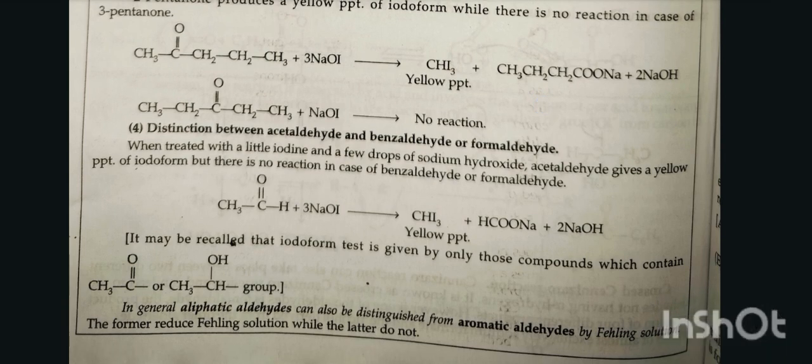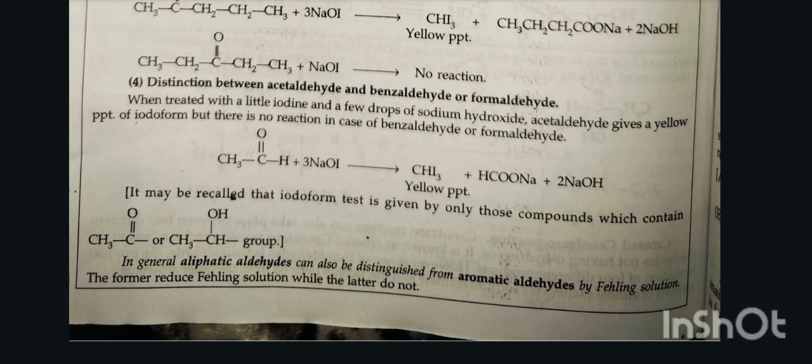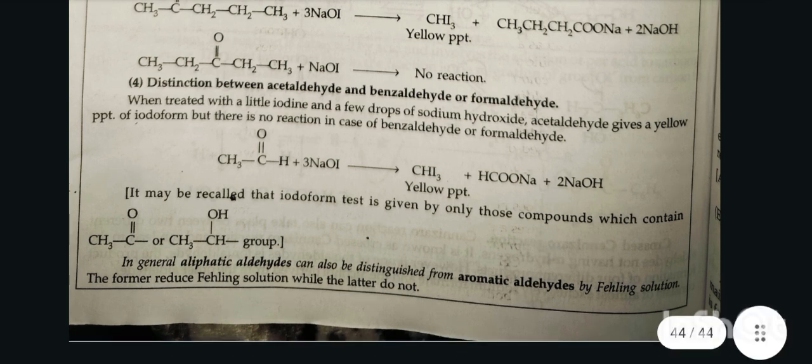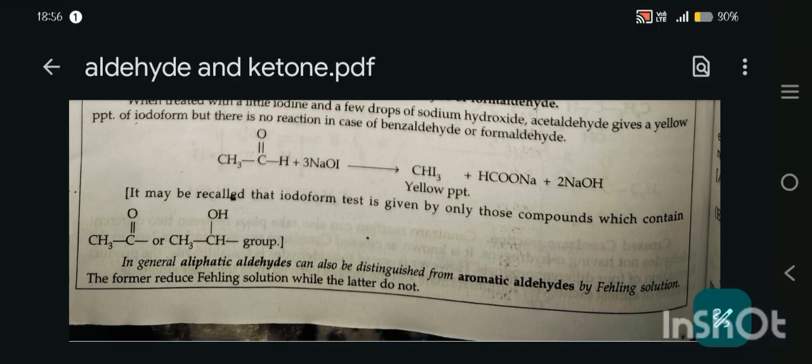To distinguish between acetaldehyde and benzaldehyde or formaldehyde: when treated with a little iodine and a few drops of sodium hydroxide, acetaldehyde gives a yellow precipitate of iodoform, but there is no reaction in case of benzaldehyde or formaldehyde. It may be recalled that iodoform is given by those compounds which contain this group. In general, aliphatic aldehydes can also be distinguished from aromatic aldehydes by Fehling solution. The former reduce Fehling solution while